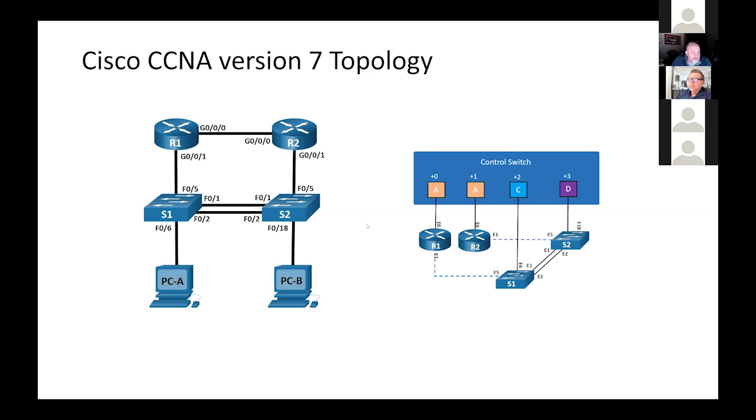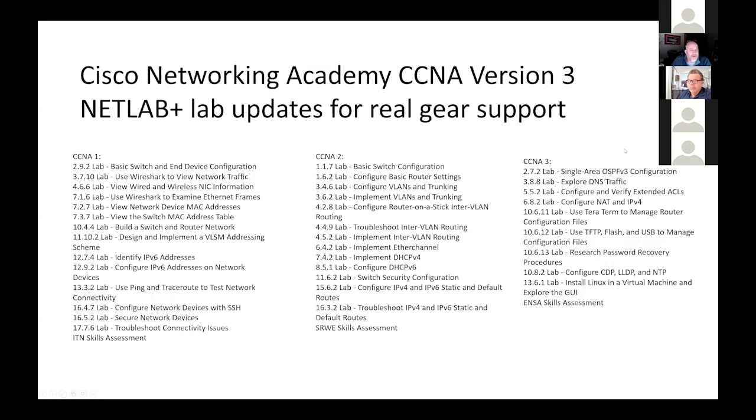All right, got some really good questions coming at me, and I'm going to try to answer and address a few of them, but let's move forward. Here's the lab library from the context of the real gear. These are the labs that Cisco has identified to use real gear to complete. Now, we've asked Cisco if we can add additional labs that'll work in the real gear, which means we'll take labs that were just written for Packet Tracer and make them work with the real gear. But these are the labs that are designed for real gear exercises out the gate in the pedagogy, in the curriculum, the teaching model.